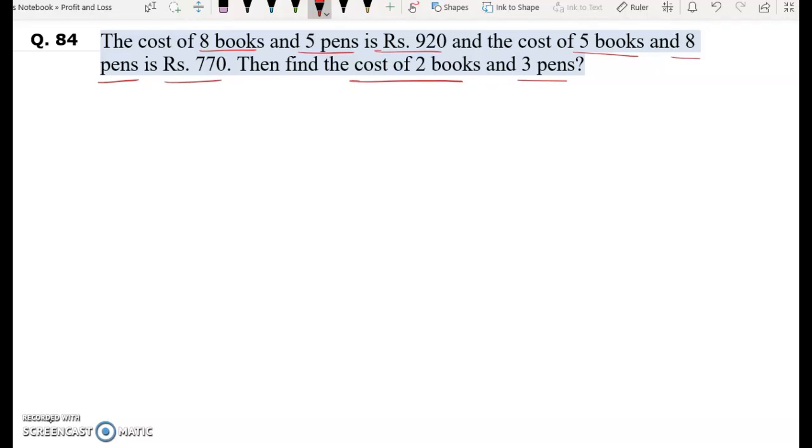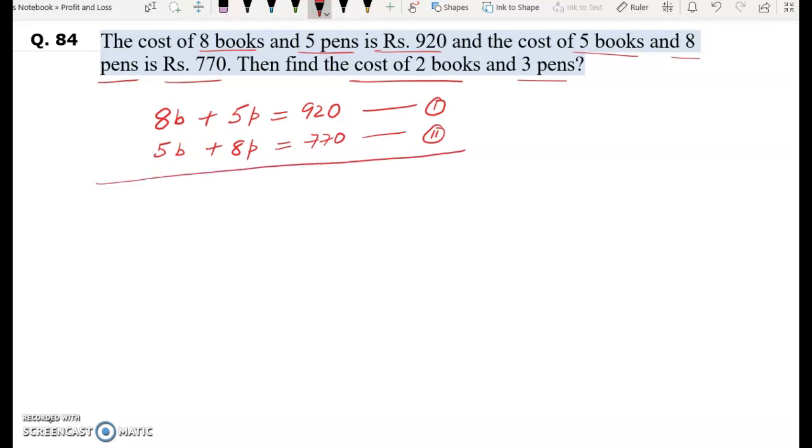So in this question it's given the cost of 8 books plus 5 pens is equal to rupees 920. Let's say this is 1, and the cost of 5 books plus 8 pens is equal to rupees 770. Let's say this is 2. Now what we need to do, we will add 1 and 2 first. 1 plus 2. If we add 1 plus 2, we will get